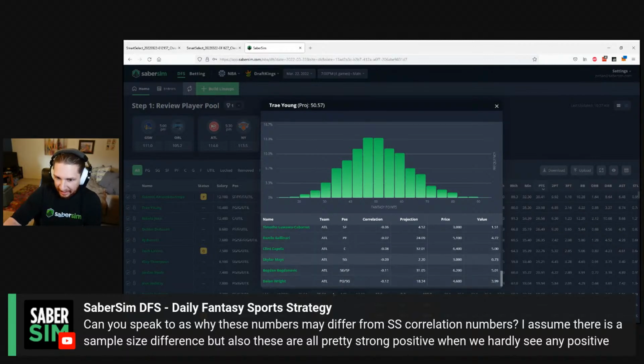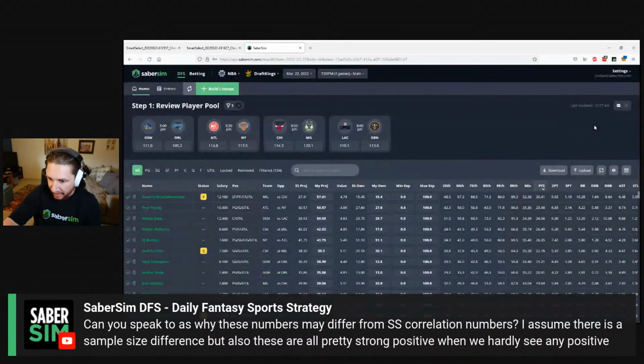You'll see a similar situation here, right? Trae Young is negatively correlated with some of his other stars, his other best players on his team, but mostly some of the other players that do a similar thing. There's a little bit of an opportunity cost to doing things on the basketball court. There are only so many points that can be scored, only so many assists that can be had, so many rebounds over the course of the game. So as one player collects those stats, it does leave less for other players out there. That's the idea of why these negative correlations generally exist.